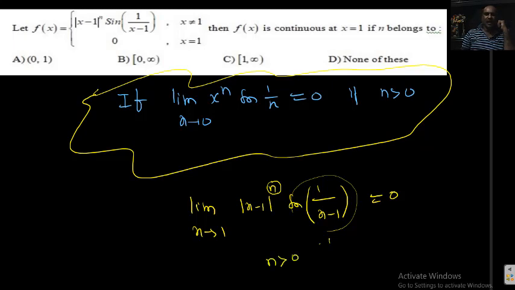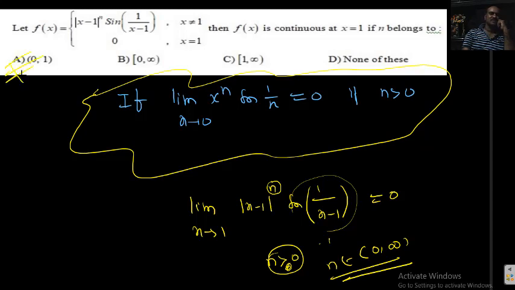So greater than or equal to 0 also, no problem? If taken as n equal to 0, this total value does not become equal. Take n equal to 0, this becomes 1, or 0 by 0 form, or tending to 1 only. Modulus something power 0 is again 1, and again it will oscillate between minus 1 to 1, that's why n should be greater than 0 only. So I can say the interval 0 to infinity, open, is the n value. Now I can say that my answer is this.